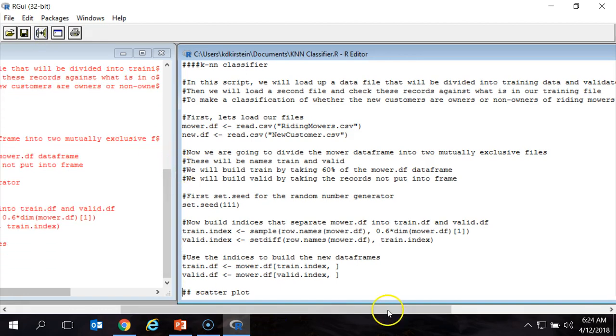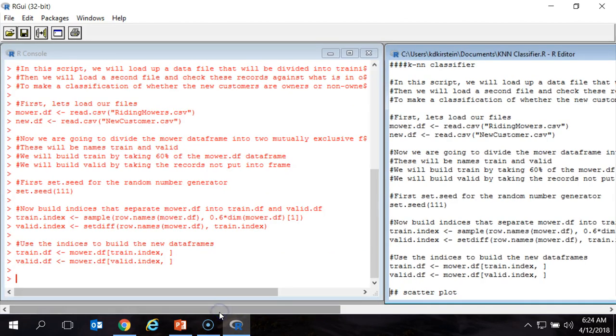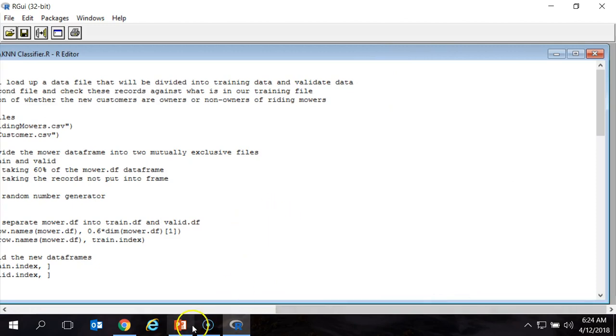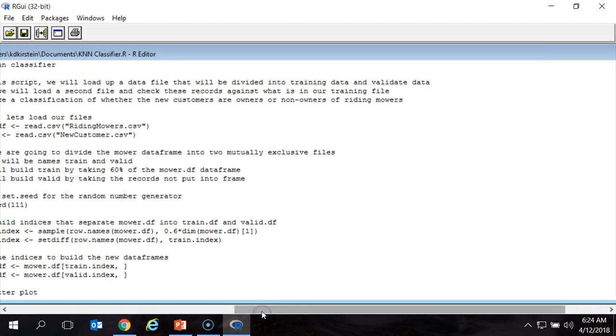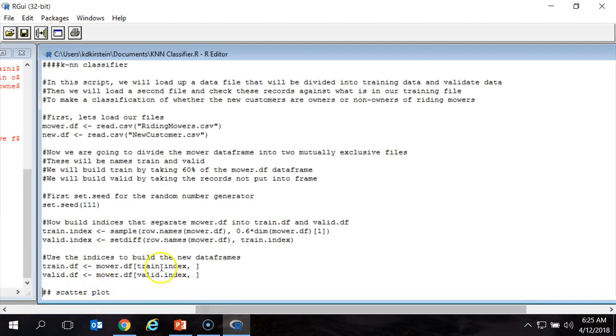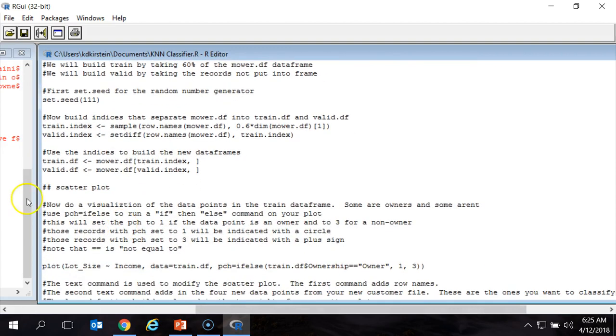Okay, and we should have our, don't see any errors, everything looks good, our data frames are set up. Now we're going to run it to scatter plots. Back a little bit on the smaller screen here. All right, so now we're going to do visualization of the data points because we want to see what we